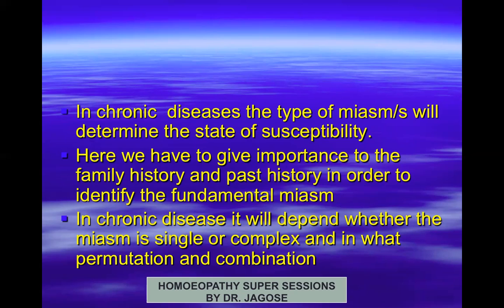Is the psoric miasm predominant or is the psychotic miasm predominant? Accordingly, you have to grade it. You can write psora +3 and psychotic +2. So here, initially the psoric activity is greater than the psychotic activity. This will help you identify the miasm, and it will help you in the prescription.